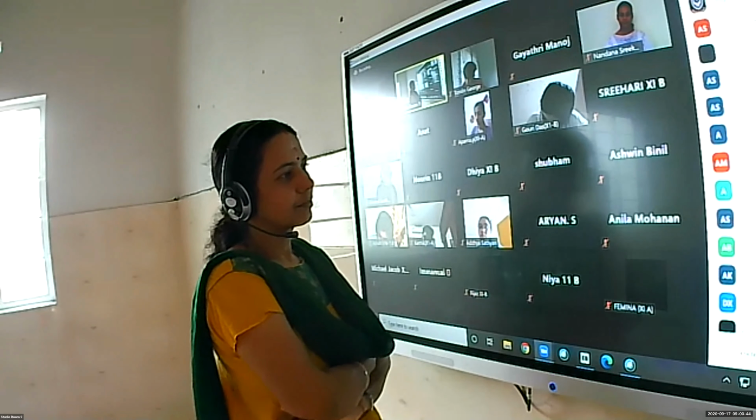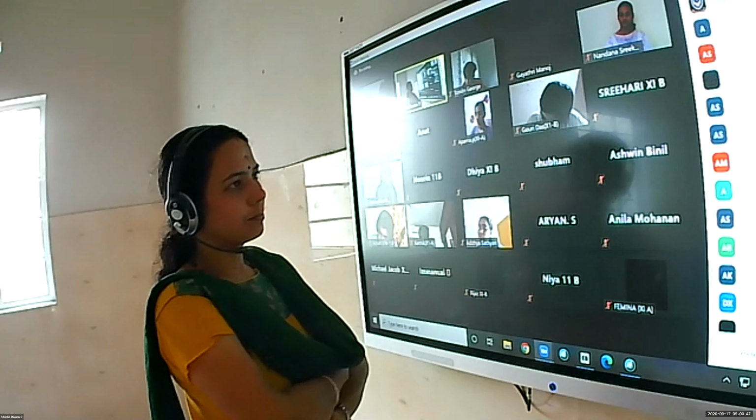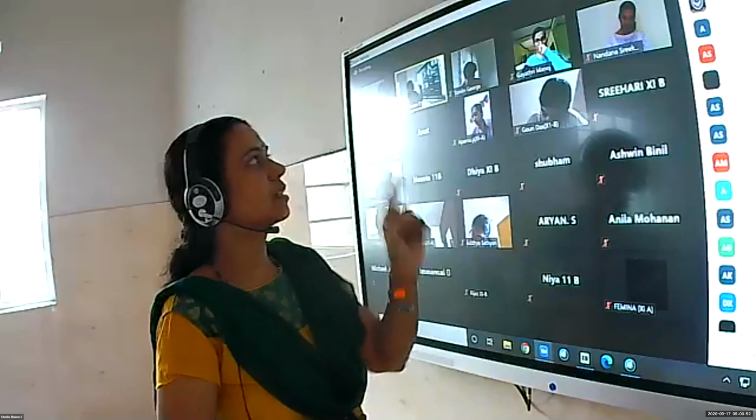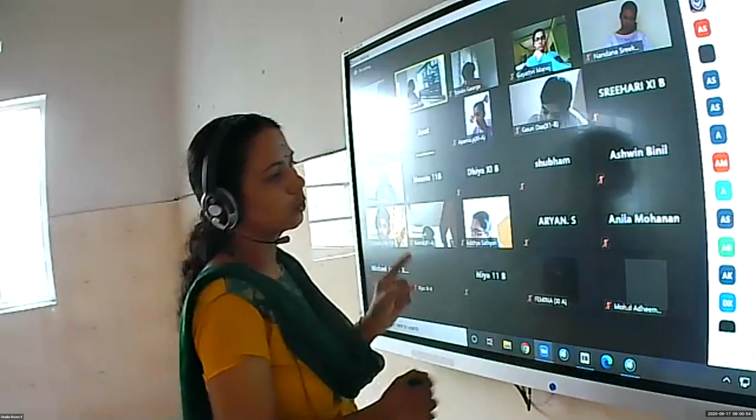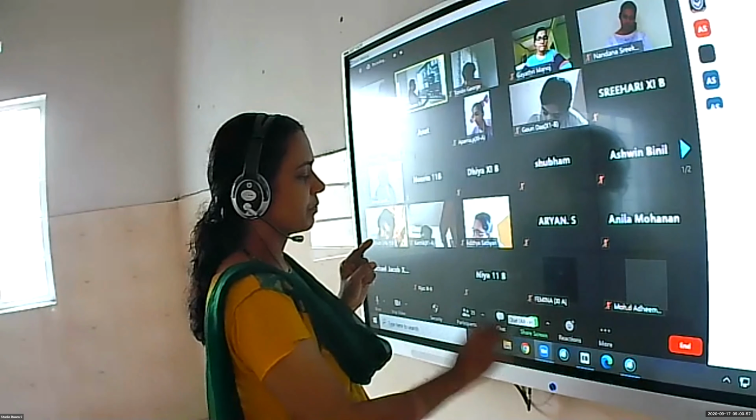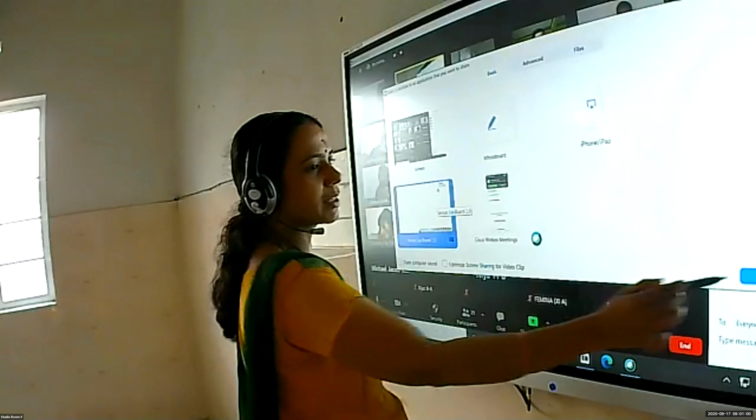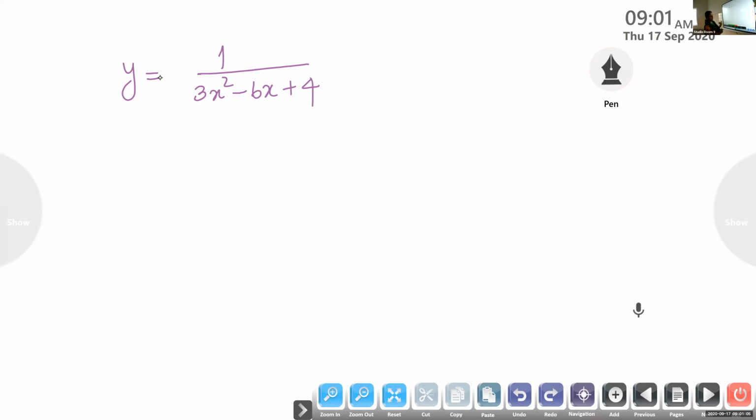Annette, what's the first step? We should write y is equal to. Very good, Annette. The first thing is you have to name it as y is equal to. Before starting differentiation, first you name that as y. Don't straight away start with the derivative. Then dy by dx. Before finding the derivative, you check which form you will use here. Here we can use the form u by v, the quotient rule.